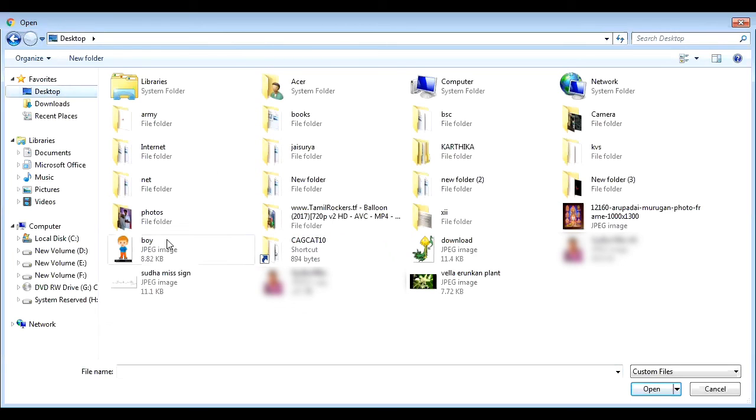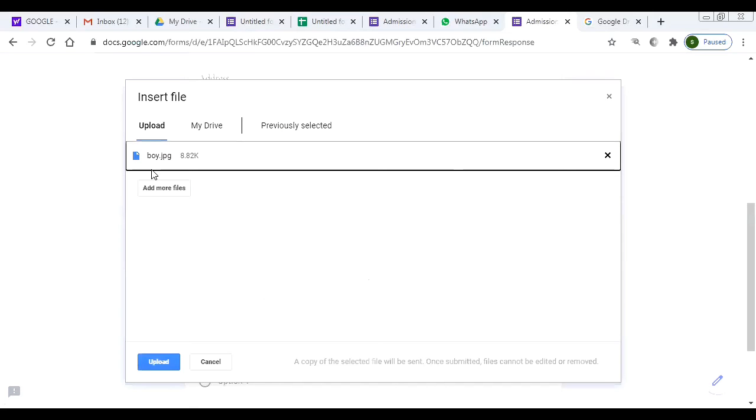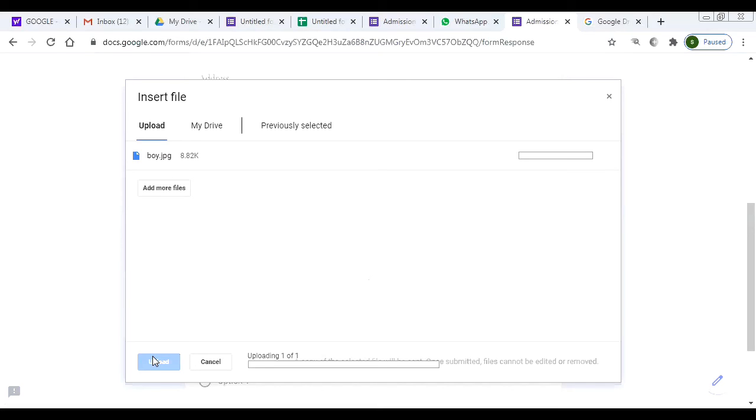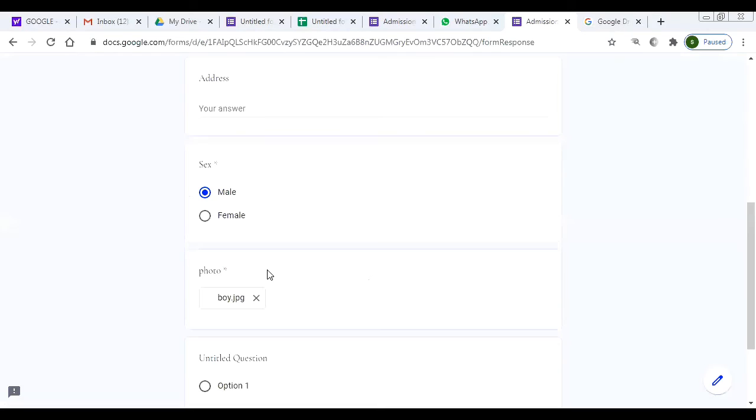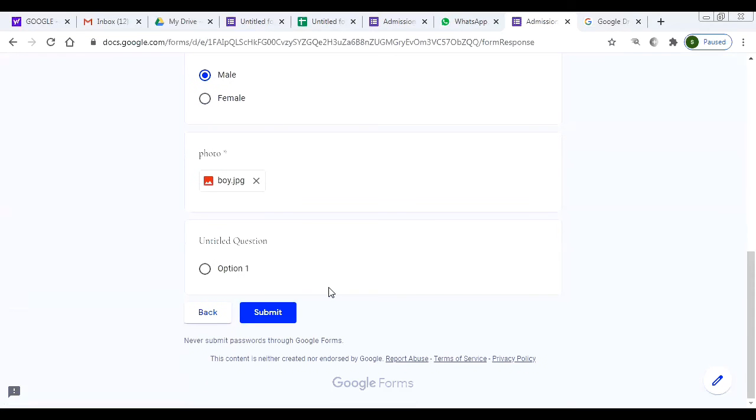So I'm selecting one image, open. So it is uploaded. So click on upload. So it is displaying, it is uploaded. Okay, untitled question, I'm not writing anything. If you want, you can write. Click on submit button. If you want to change, you can go back using the back button.